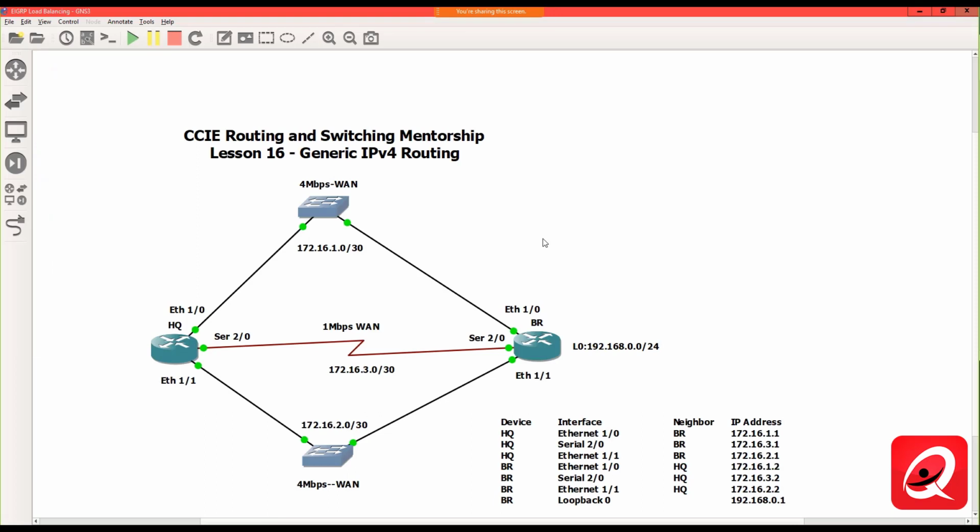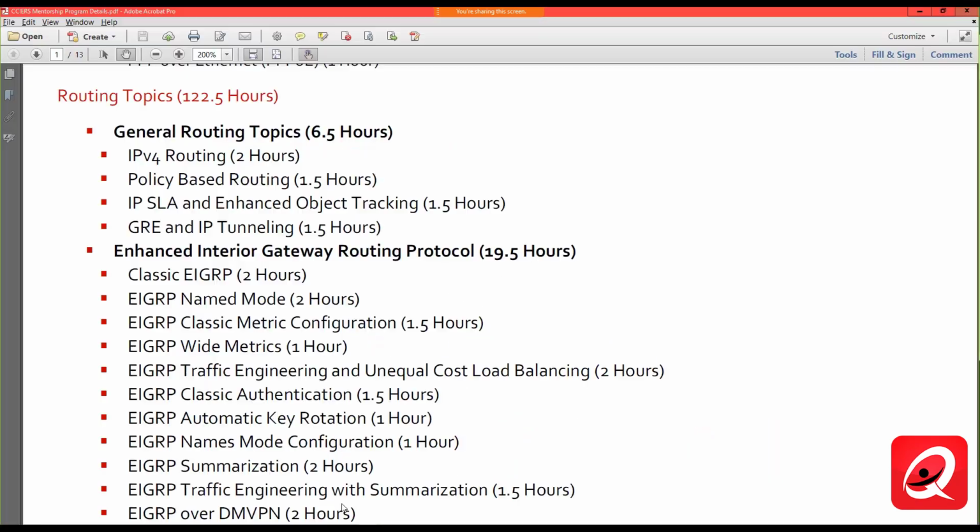So this is the topology that we're going to be using. It's just a basic EIGRP topology with some multiple routes. Remember, the first part of our discussion today is basically just going to be IPv4 routing in general. Now that might sound like a pretty basic topic, but actually we do get into some